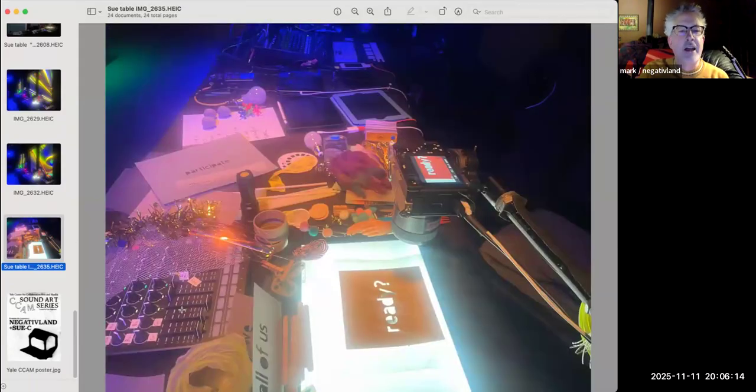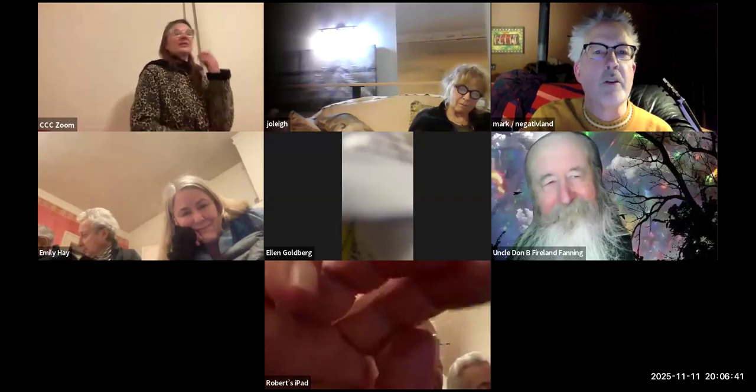I'm going to show you another shot of her setup. That's her, down there is her controller to control the app that she's using. Jitter is the name of it. And you see the camera there pointed down. What Sue does is a very wonderful combination of low tech, high tech, and no tech. And I think that fits our kind of ethic and our aesthetic and our whole approach very well. So let me stop sharing and show a couple little short clips.